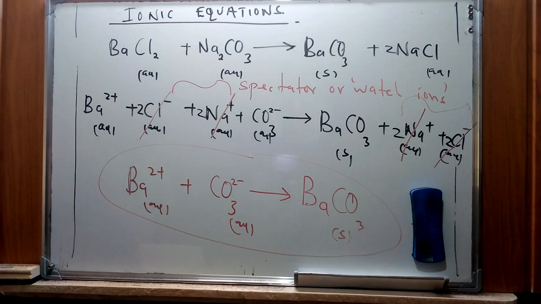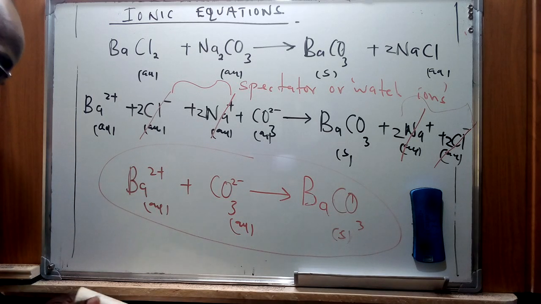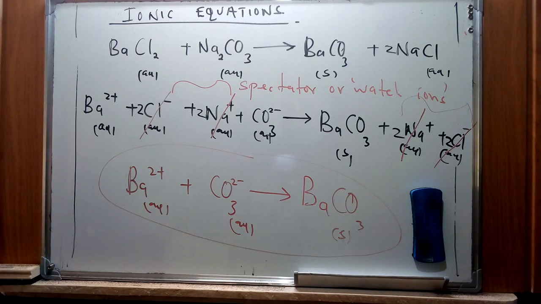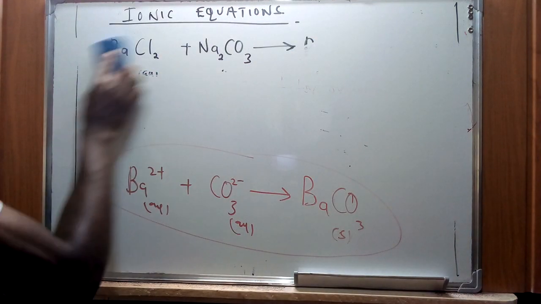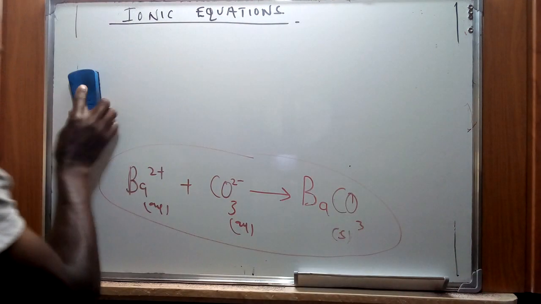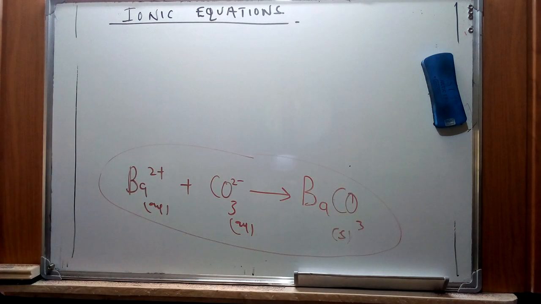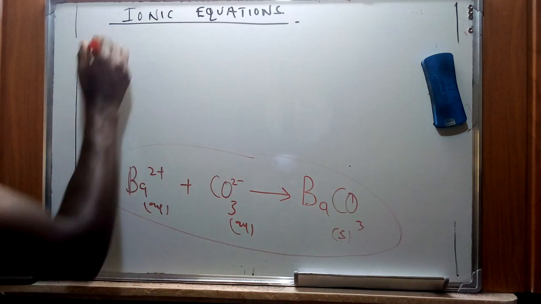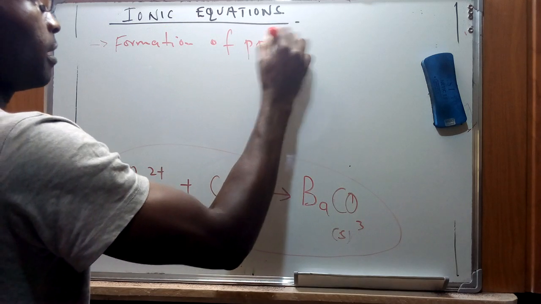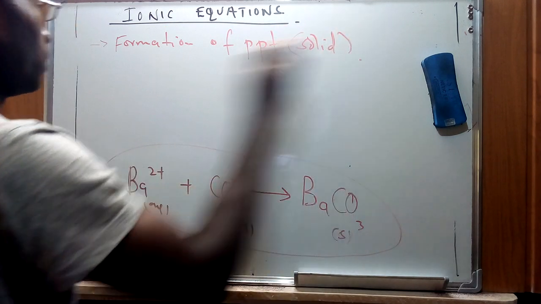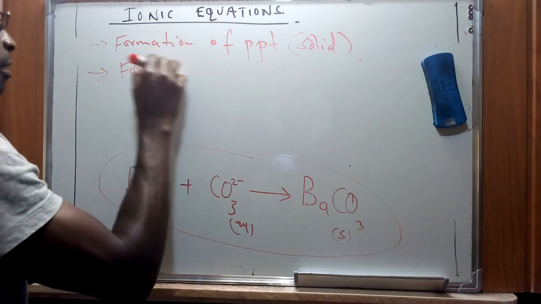Now there are three possibilities we're going to mention for the formation of ionic equations. These possibilities include basically the three states of matter that we generally first learn in our basic introduction: solids, liquids, and gases. So in this case, there's a formation of a solid, which is barium carbonate. So the first possibility is the formation of a precipitate, or we can just refer to it as a solid. And then there's a formation of a liquid,